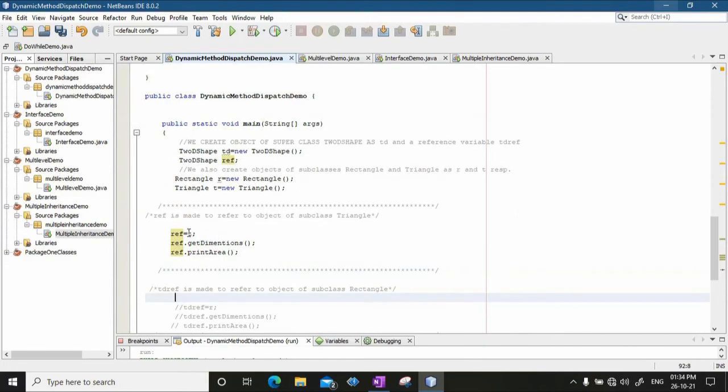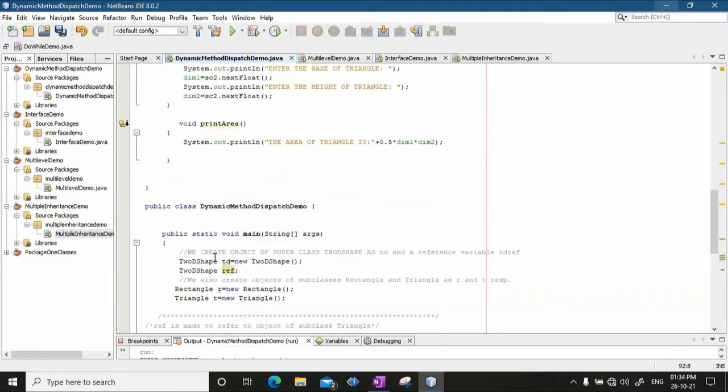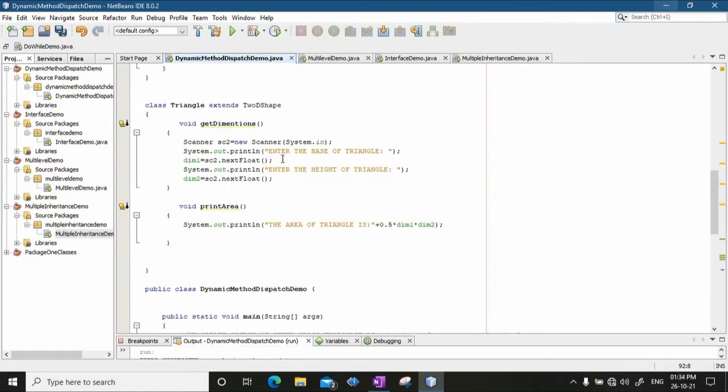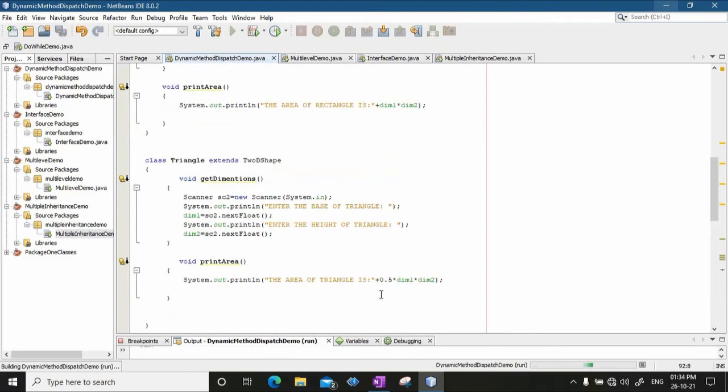As I have told you, dynamically the decision will be made that since ref is pointing to the object of type triangle, when ref tries to access the get dimension and print area methods, these will be called from the triangle class. So you will see when I run this program, it will ask you to enter the base of the triangle and the height of the triangle. So, let us run this program.